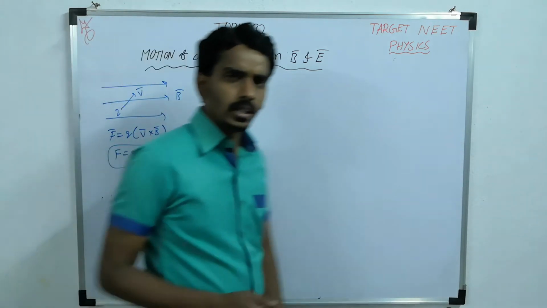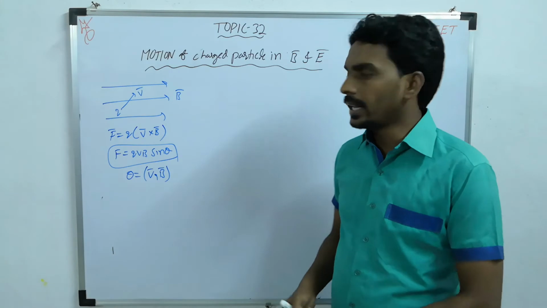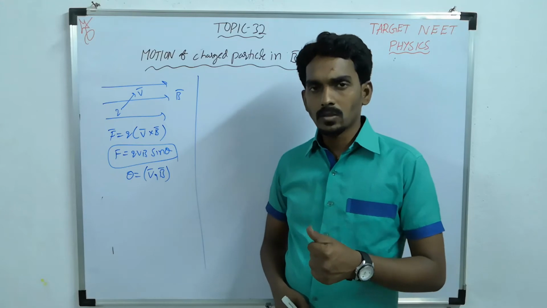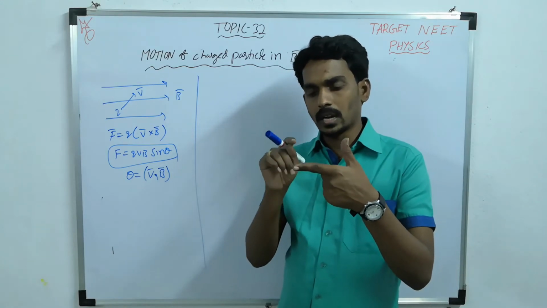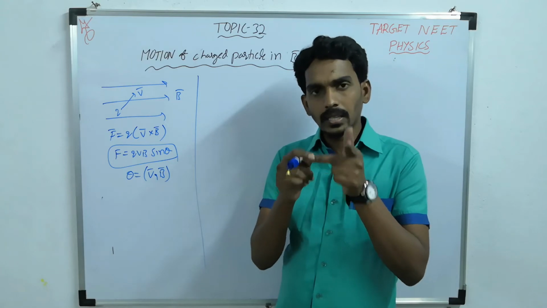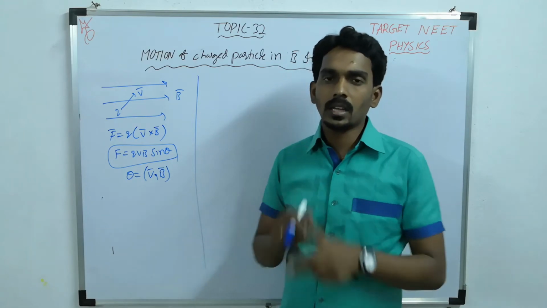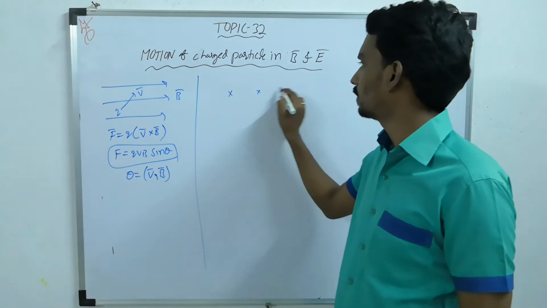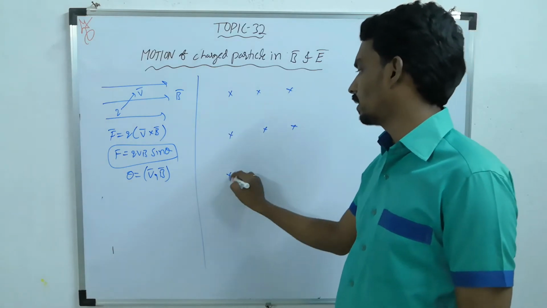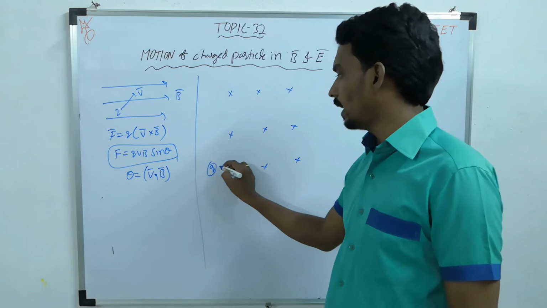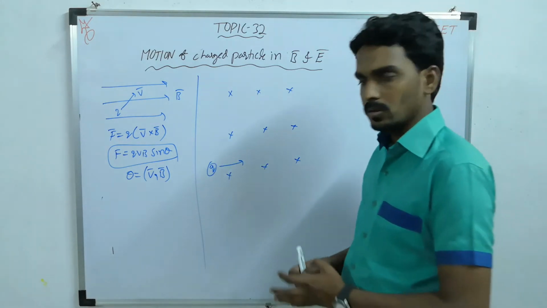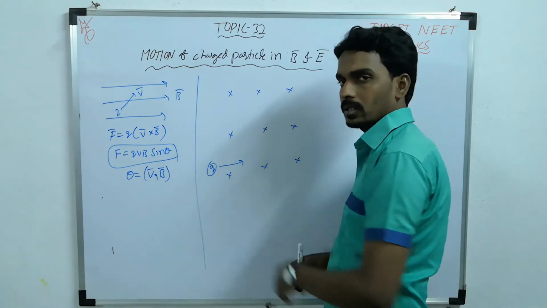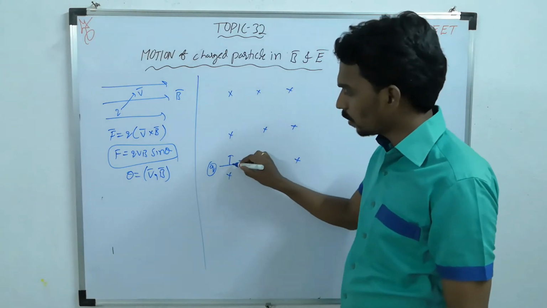Now here the main thing is finding the direction, which you will find using the left hand thumb rule. Keep the forefinger in the direction of magnetic field and the middle finger in the direction of velocity, then the thumb gives the direction of magnetic force. Like this, this is the magnetic field and a charge entered perpendicular to it. Now this is the field direction, this is the velocity direction, the force is upward. It entered rightward, but due to force it will slowly bend.